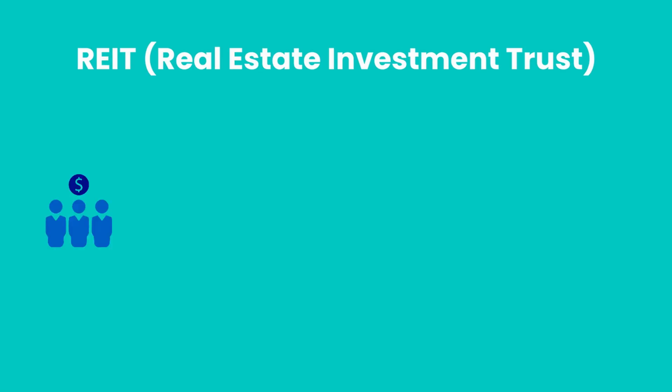Let's move on to the last business model within the P2P lending sector, which are REITs or buy-to-let properties. REITs or real estate investment trusts are real estate companies that own and manage properties like office spaces, apartments, or warehouses that generate regular rental income. So how does this model work? You invest money into a property on a real estate platform.